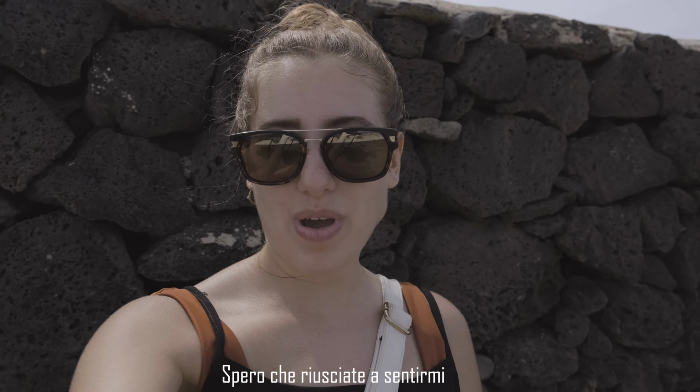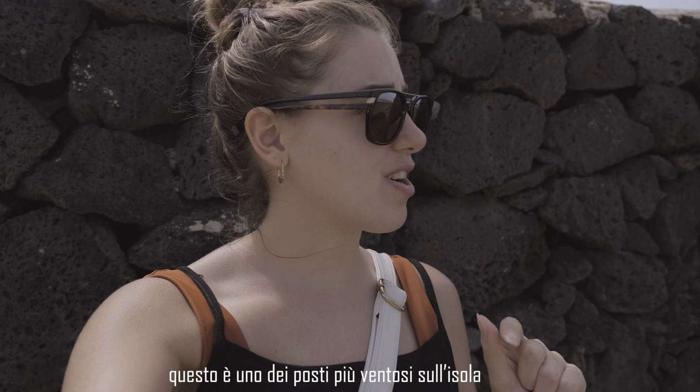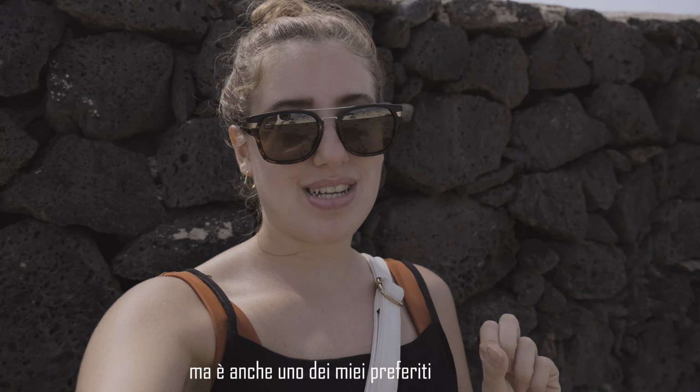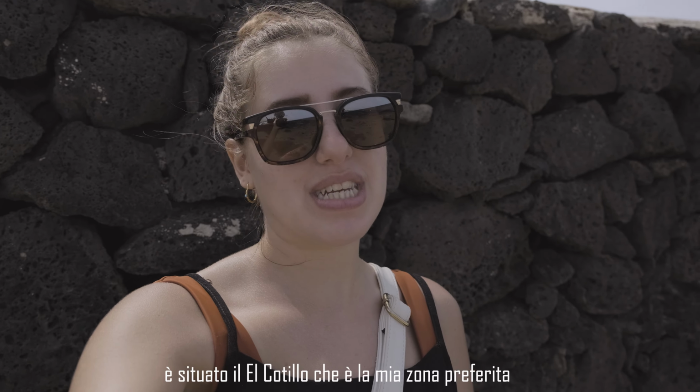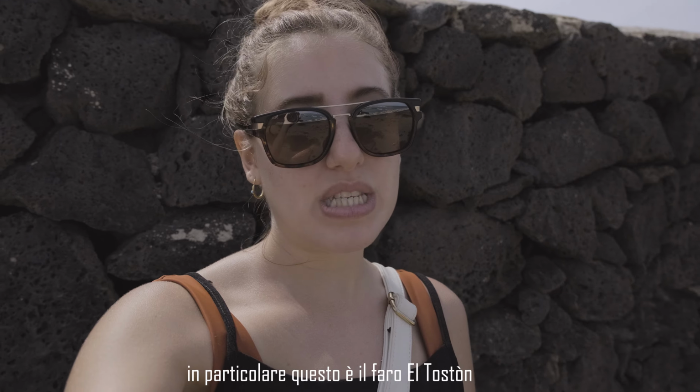But I really hope that you can hear me, because the wind here is really strong. This is actually one of the windiest spots on the island, but it's also one of my favorites all over the island. It's situated in El Cotillo, which is my favorite area on the island, and specifically this is the